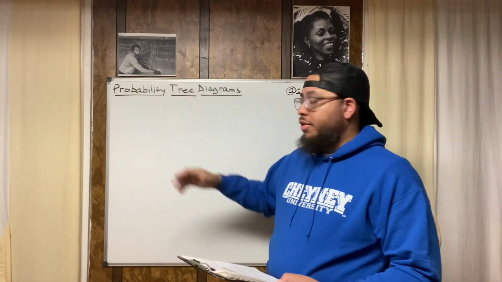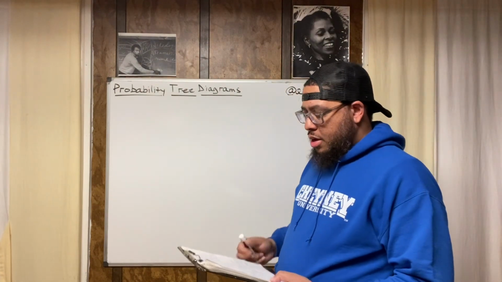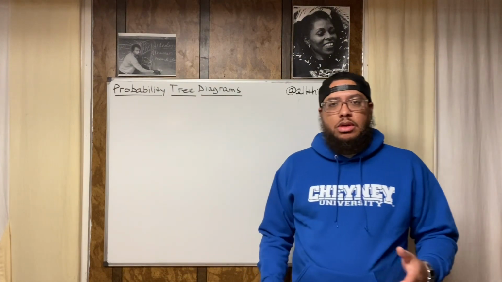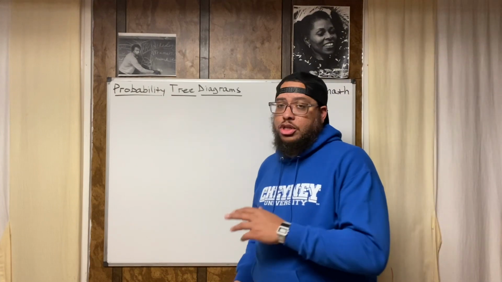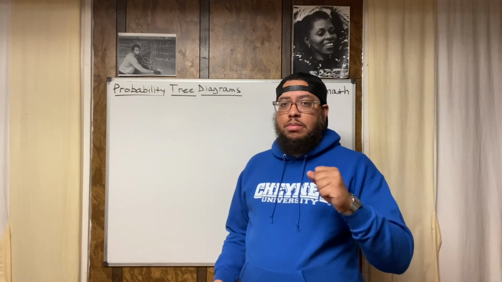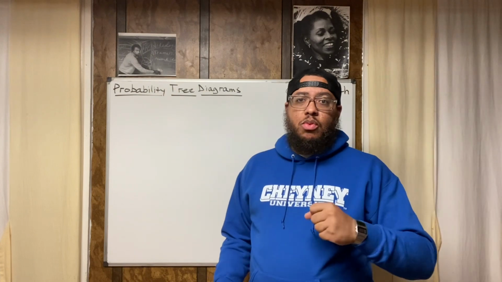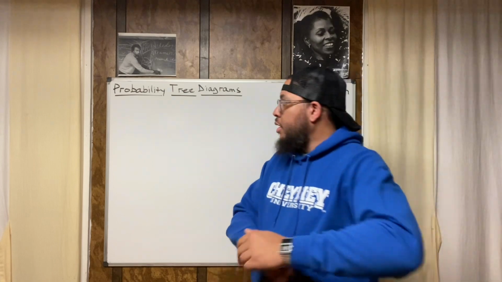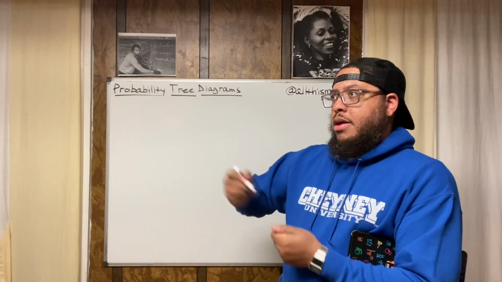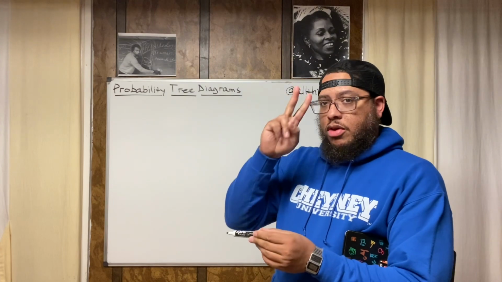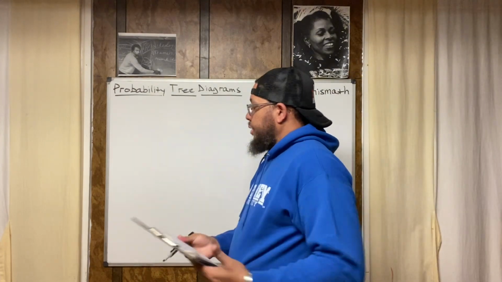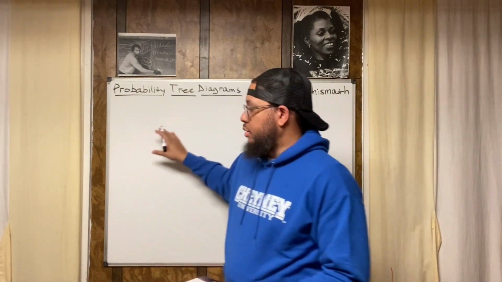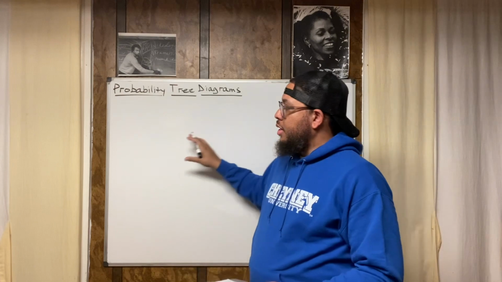So let's draw the tree diagram. All right, it's going to look like this, right? The tree diagram is going to represent all the possible outcomes in this scenario. For our tree diagram, we're going to call the blue raspberry candy blue, and the watermelon candy red. We're going to keep it simple, blue and red, all right? We first start out with a sideways V. We're going to represent our first 2 branches, all right? So think about a tree, right? You got a trunk, and then trees have branches. And then sometimes those branches have branches. And branches just keep growing.